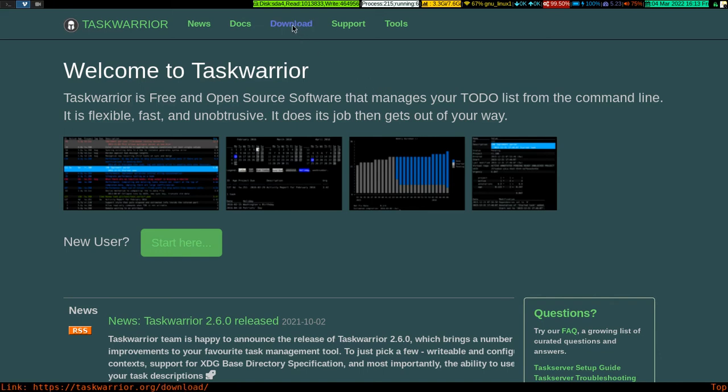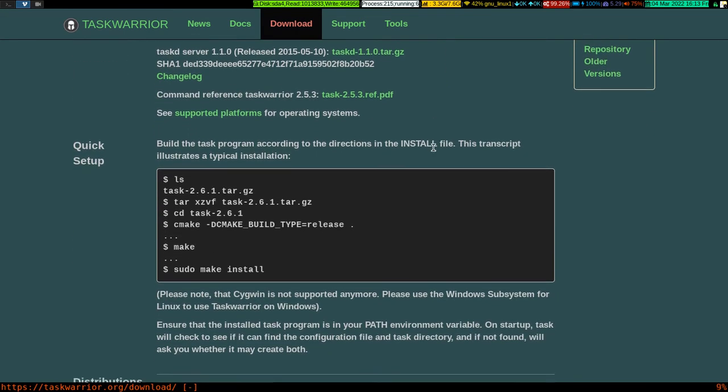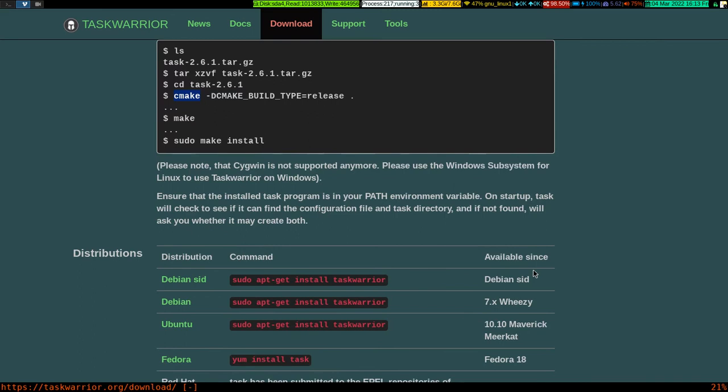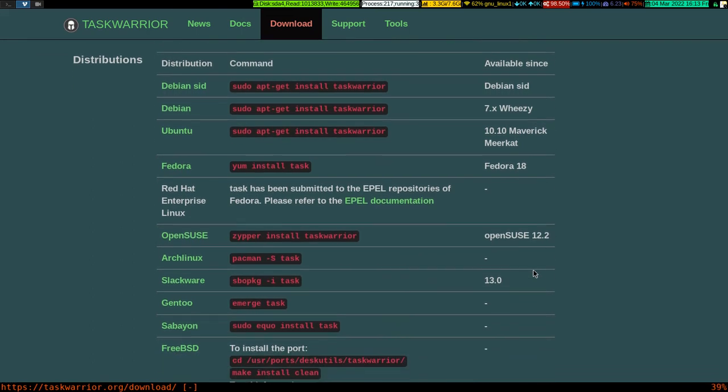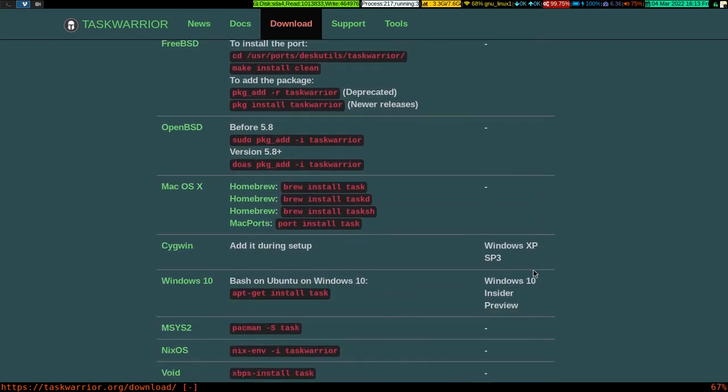And lastly, installation is darn easy. Just get the latest tarball. It is 2.6.1. I built from source for a different reason. So these are the steps. The only thing you have to have is CMake installed in your system, nothing else. And only these 3 steps have to be performed to create the task binary. That's all. So nothing complicated. If you are not interested in building it from source, whatever distribution you are sitting on, they provide a binary for that particular platform, so you can get it through your package manager and start playing with it. Okay,